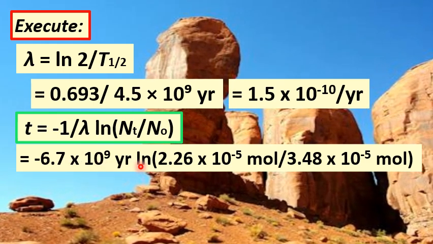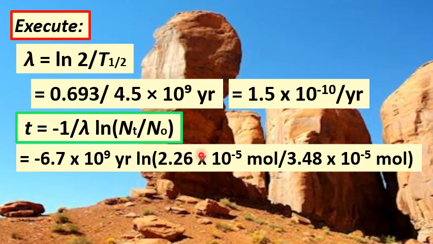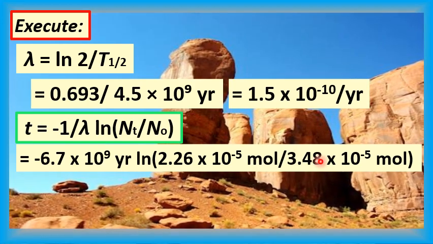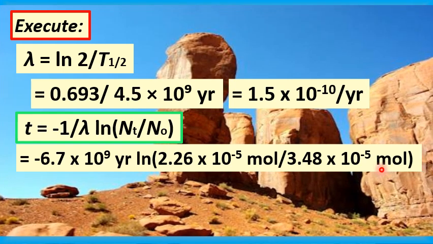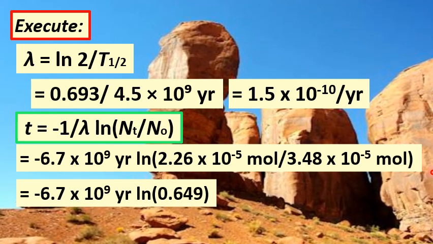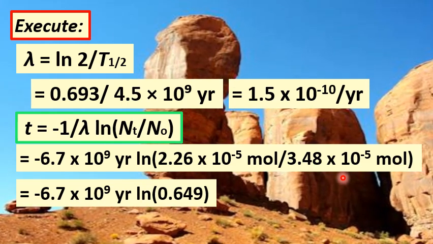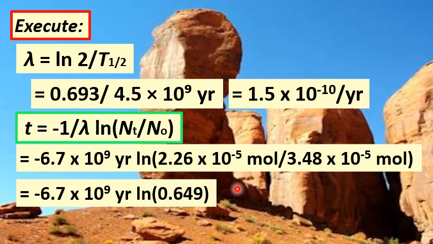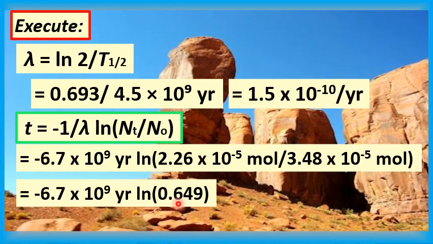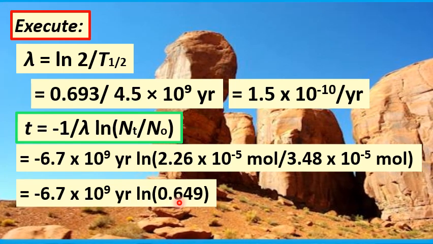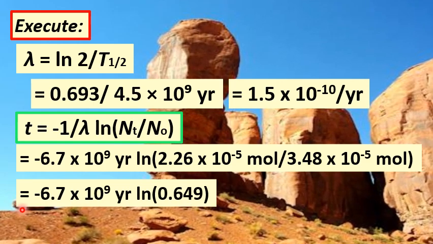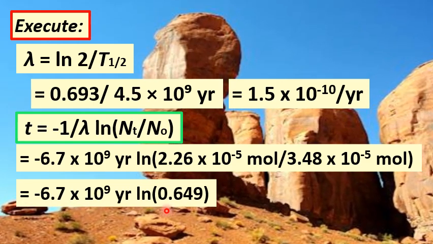And we multiply that by the natural log of 2.26 times 10 to the negative 5 moles over 3.48 times 10 to the negative 5 moles. So again, doing our math, the number inside the parentheses, or the ratio of NT over N naught, is in fact equal to 0.649 in three significant figures. And getting the natural log of that number and then multiplying it by negative 6.7 times 10 to the 9th power year, we get